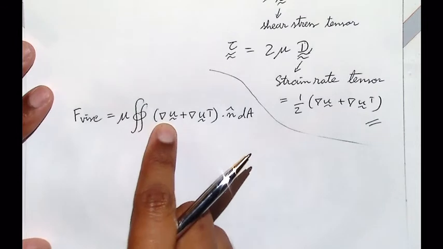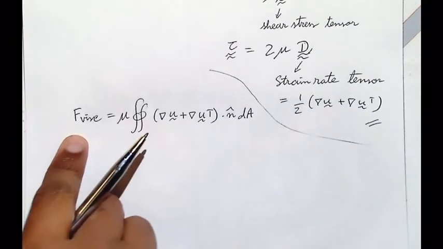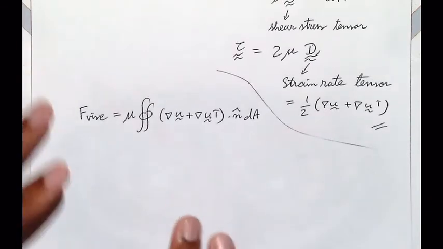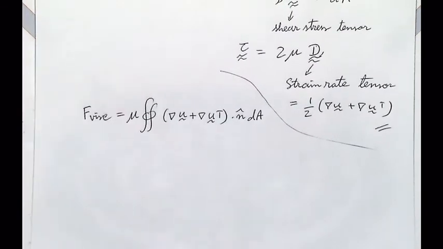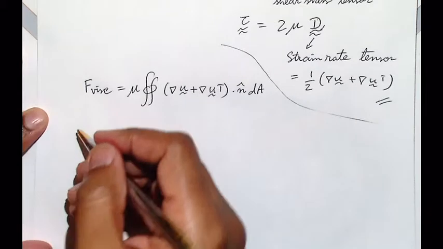These are tensors. Tensors dotted with n will give you vectors. Force is a vector. Always do these checks in your head. Everything should make sense. Okay? So now we have the full Navier-Stokes in